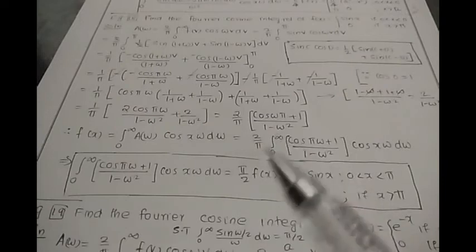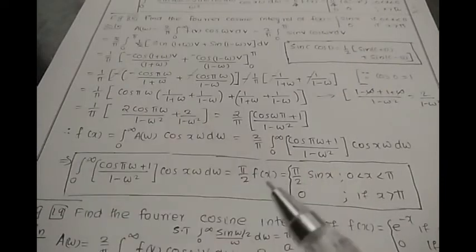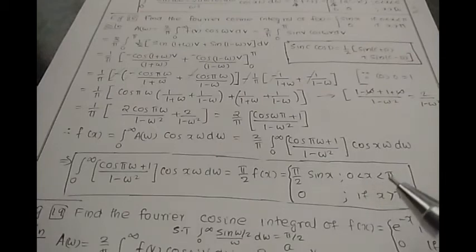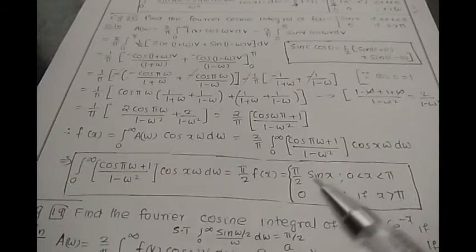sin x here. So 2 by pi we take to the left side, so it is pi by 2 into f of x, and f of x is sin x here. At the end point it is pi here, and we know cos pi is 0, sin pi is 0. So here also sin pi is 0, and at the starting value 0, both values we will get 0 here. There is no point of discontinuity.